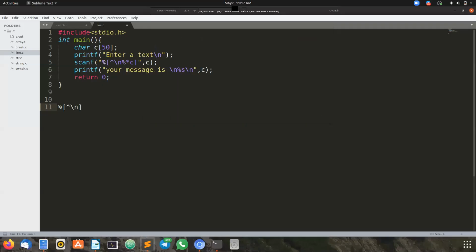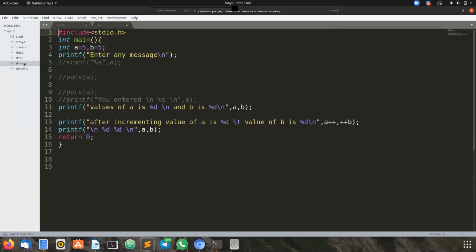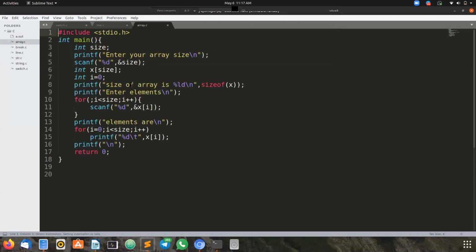I'm going to share the screen here. We will ask the user to enter a message and we will read using a for loop. Here we have seen, I'm highlighting the for loop. We can scan the elements using a for loop, but we cannot assign directly. That point you have to remember.